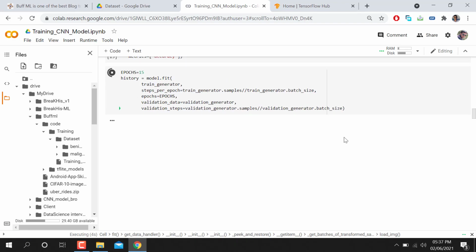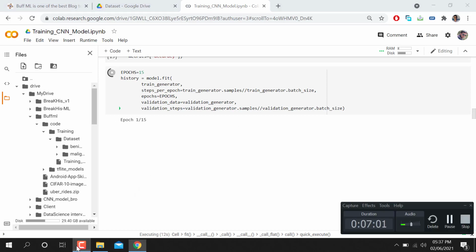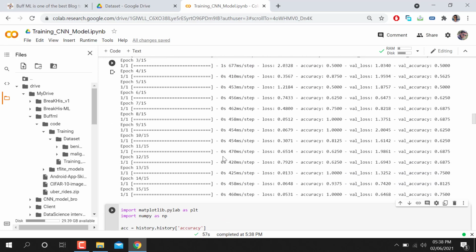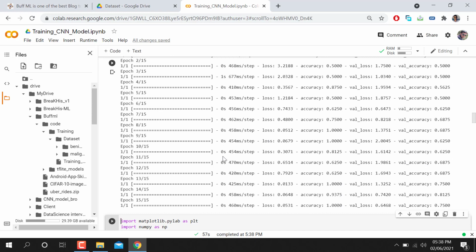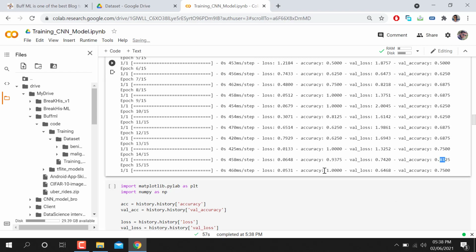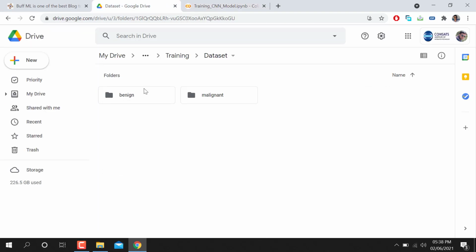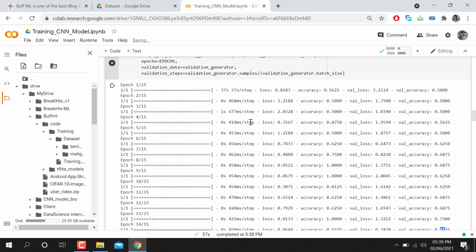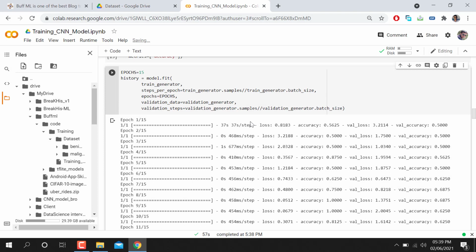We should wait here for a couple of minutes. I will be back when it's showing me some results. You can see I have run my model up to 15 epochs and got validation accuracy this time of about 75 and maximum 81, and training accuracy is 1.0. Because I have a limited data set, as I already showed you, I have 20 images per class, but I'm suggesting you should use a lot of images, 500 or above.